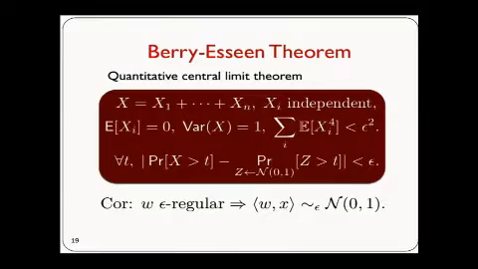And we'll use the notation that random variable x is close to z if the CDF of x is close to the CDF of z pointwise. And an immediate corollary of the Berry-Esseen theorem is that if a weight vector W is epsilon regular, then the inner product of W with a random point on the hypercube is epsilon close to the standard Gaussian distribution. Is the fourth moment crucial? Is it going to be number 4, or does some constant moment suffice? Right, some constant moment suffices, yes.